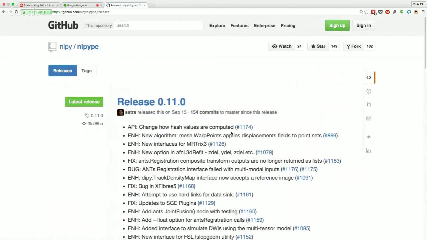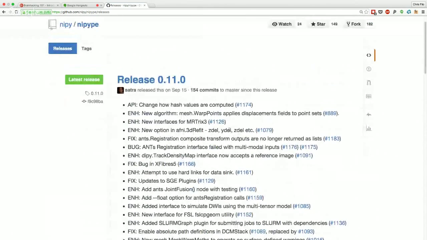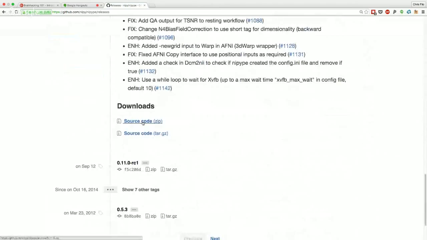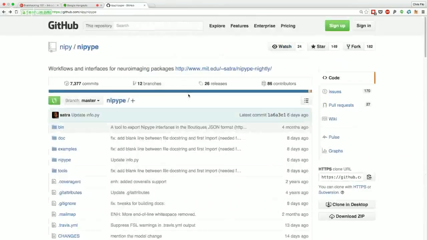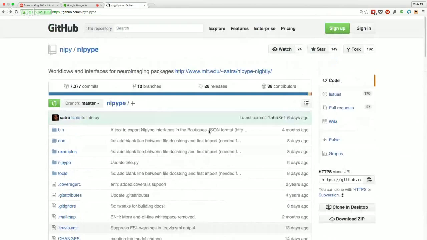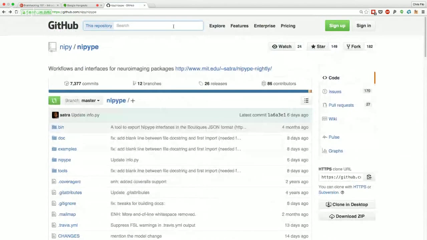Also releases. And here, if the project is maintained well, you would be able to actually download stuff. So you can just click here and download this on your computer. And depending on what kind of software it is, you can use it. There are projects without releases. For example, it's